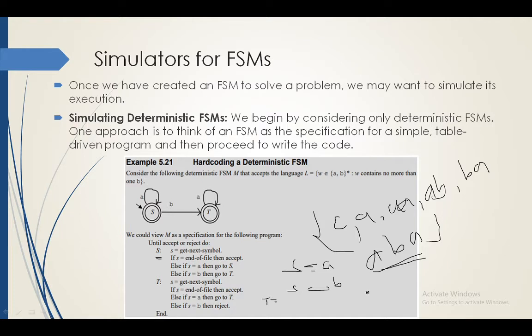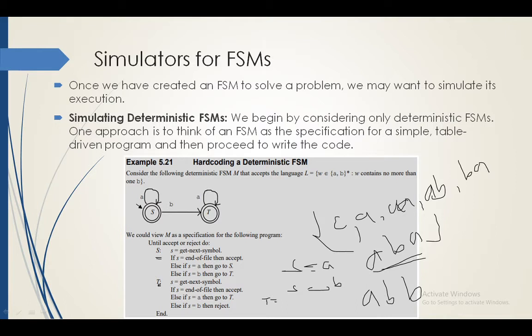Take one more example here, that is A, B, B. So when I am in the start state, I will read the first character, that is A. So S equal to A here, then after accepting this symbol, I will be in the same state. So I will move to the same label here, S. Then I will read the next character. What is the next character? B. So that will be stored in S. It is not end of the file, the condition becomes false. It is not A, the condition becomes false. Then you will check the next condition, whether S equal to B. Yes, S equal to B, the condition is true. Then it will move to label T here.